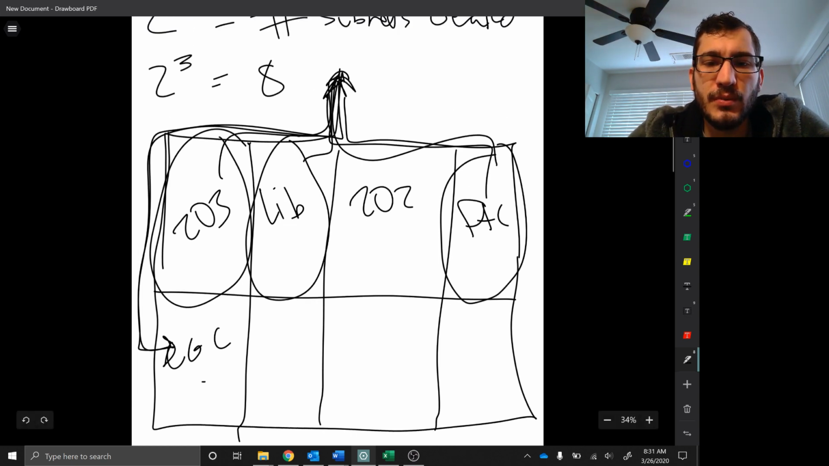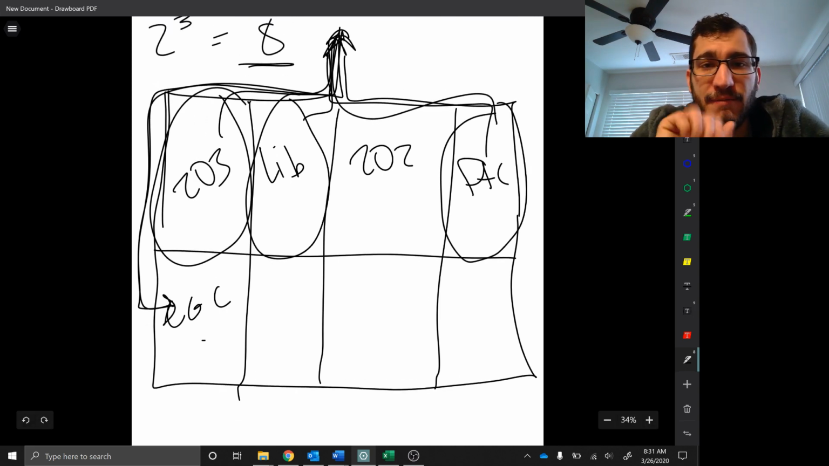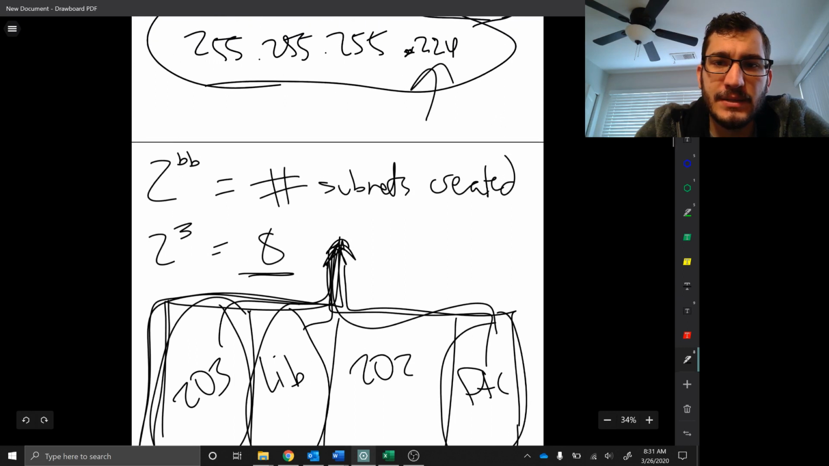And the reason we went with 2 to the 3, with 8 subnets, is because we have 5 areas that we want to split up our network into. If we went with a 196, so instead of